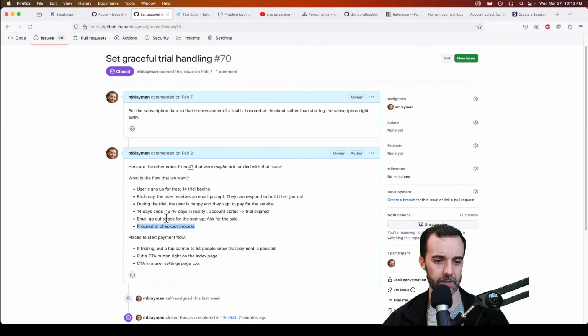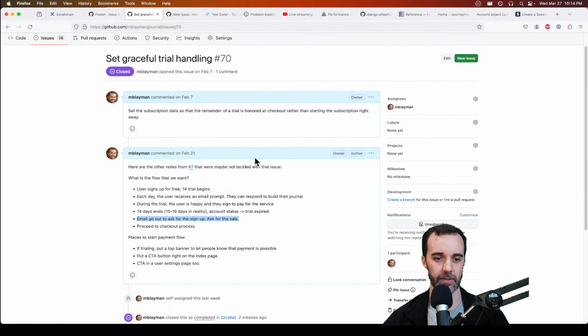So they have this process. We have this proceed to check. So we have everything with this line, but this is a good one. So I'm going to create a new issue for that. And then we'll return to, hold on, if trialing. Okay, there's some good stuff in here. So let's go create some new issues